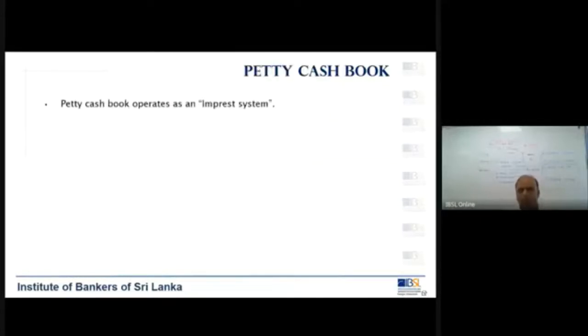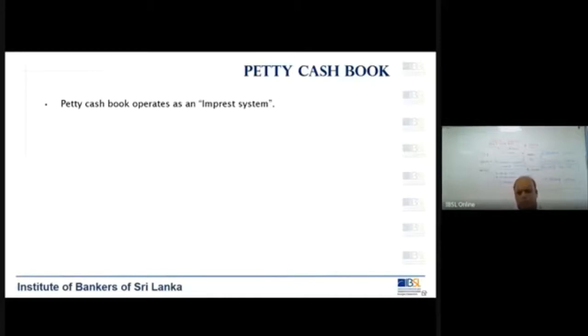Now we go on to the last topic on the day books, which is the petty cash book. So up to now we have learned about 6 day books, more or less, including the general ledger or the general journal. This is a 7th day book. So what is that? That is the petty cash book.